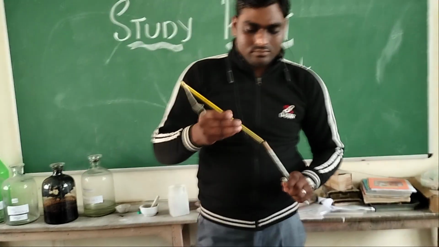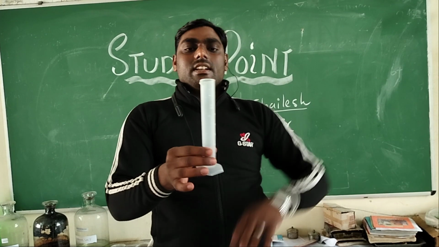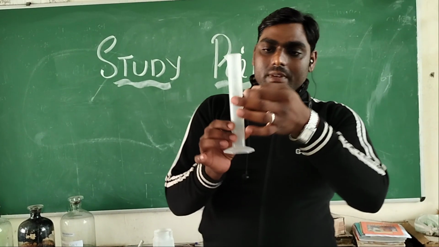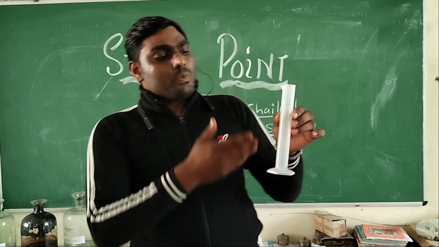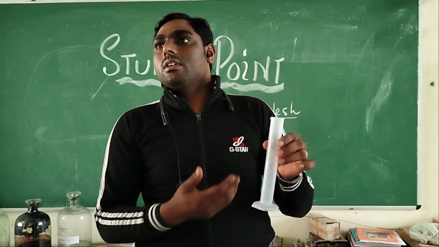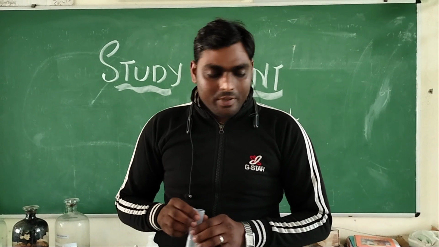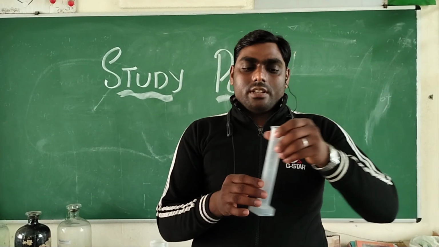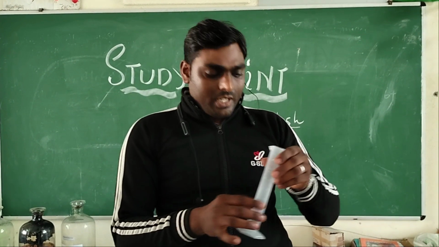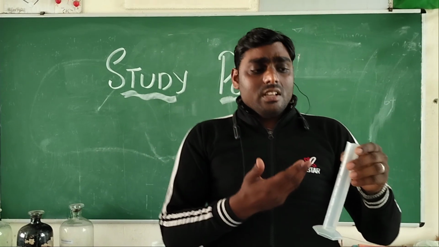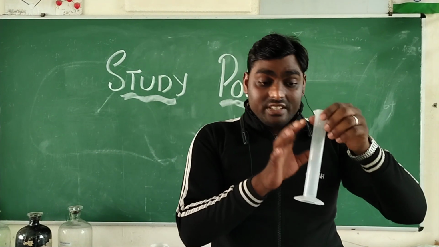Okay. Now I am going to show you another equipment like this. This is cylindrical in shape and a measurement scale is made on it. That's why its name is measuring cylinder. It is used to measure different chemical substances in different amounts, and it is also of different sizes. It may be of 100 ml, 200 ml, 500 ml, and so on. It may be made of glass or of plastic, but it is used for the measurement purpose. That's why it is known as measuring cylinder.